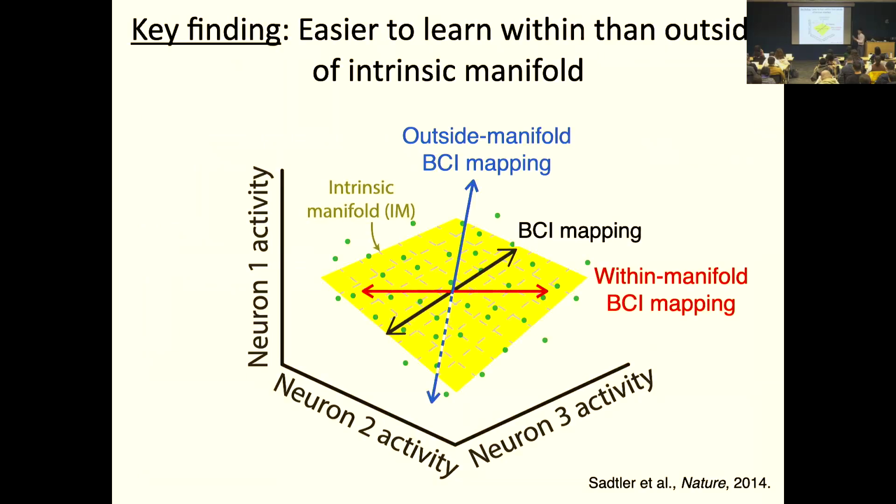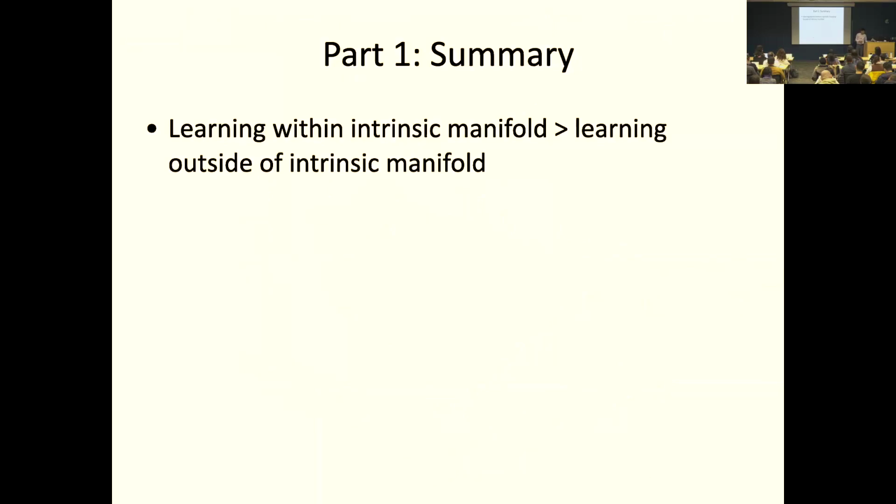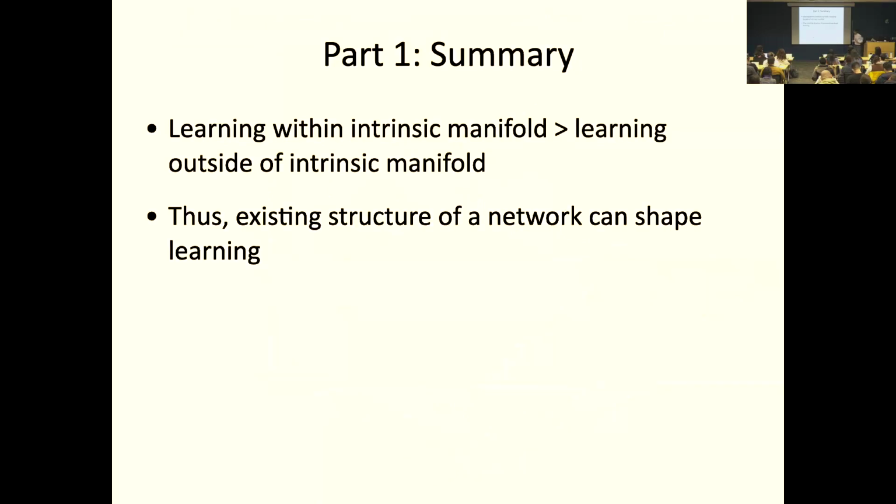The key finding, across tens of sessions across multiple animals here, is that we saw substantially more learning for the within manifold new mappings compared to the outside manifold new mappings. Stated another way, we saw substantially more learning within the intrinsic manifold than outside of the intrinsic manifold. So to summarize this part, because we saw substantially more learning within the intrinsic manifold than outside the intrinsic manifold,